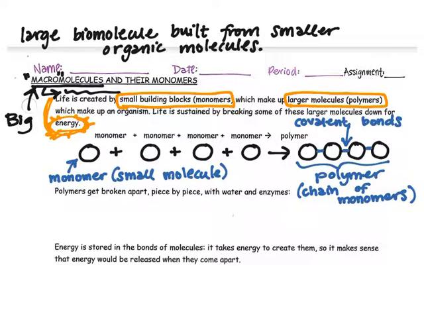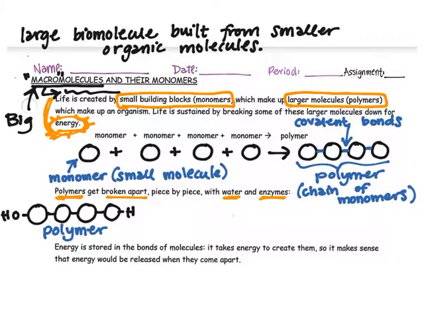So next, now that we know these monomers come together to form these larger polymers, let's talk about how polymers do the opposite, how they get broken apart. So if you reverse the reaction we just drew up here, we need some help to do that. So we need water and enzymes to help break these polymers apart. So let's over here draw our polymer made up of our 4 monomers bonded together. On the end of this polymer, let's draw some atoms that are at the ends that are going to be important to understanding the chemistry that's happening here. So this is our polymer,